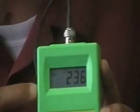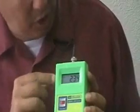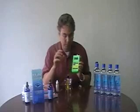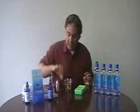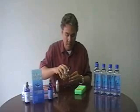Now, the first thing I want you to notice is that this has a positive charge, which is represented on this meter. This meter is called an ORP meter, which stands for oxidation reduction potential. When it has a positive charge, which right now it's reading about 234, that means that it's been stripped of electrons, so the protons in the molecules are putting out a positive charge. The second thing about this water is, look, I'm going to pour a little bit out,